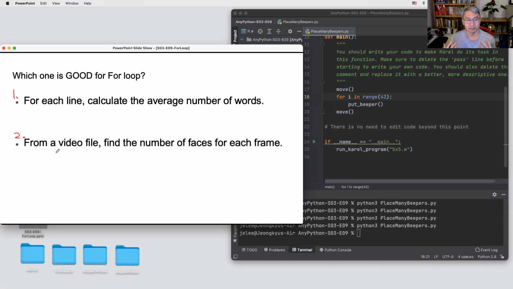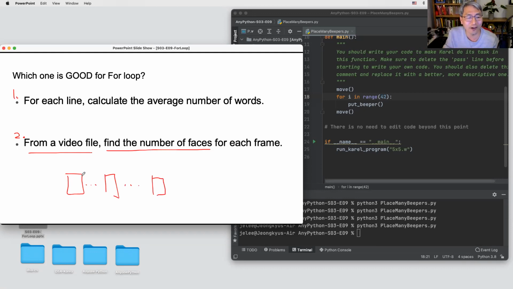Okay. In my sense, let's see this one first. From a video file, find the number of faces for each frame. If you have a video, as you know, the video has a bunch of images. Especially if you watch a streaming service, the video frames keep coming.